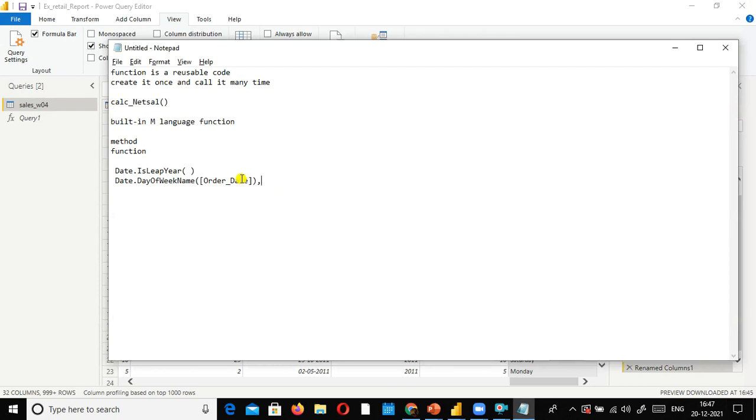When you select the order date, it automatically selects the order date, and also puts it inside the open square bracket. This is called a square bracket. Look here, this is your square bracket. This is called a closed bracket. So it automatically puts the day.